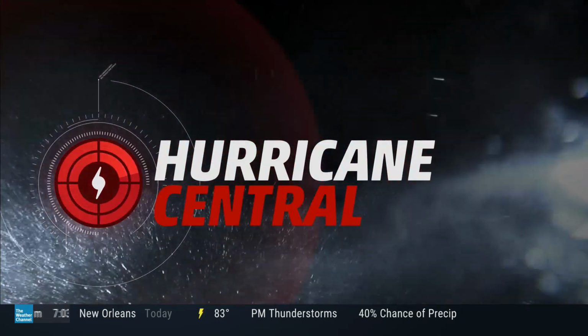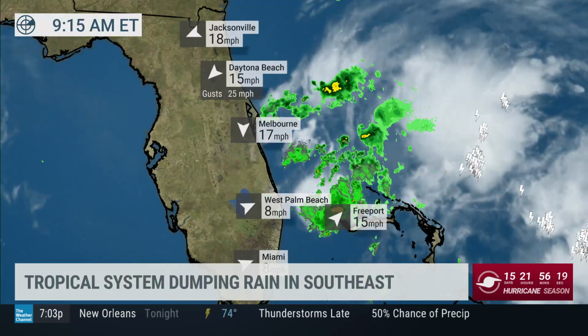And the last I heard, you said the pressure was 1,009, which, if you know anything about central pressure, that's not very low. I think that's the best way to put it. It is not very low, and maybe they didn't sample the lowest area. Maybe it's a millibar or a couple millibars lower than that. But